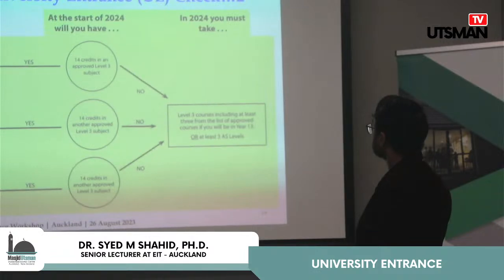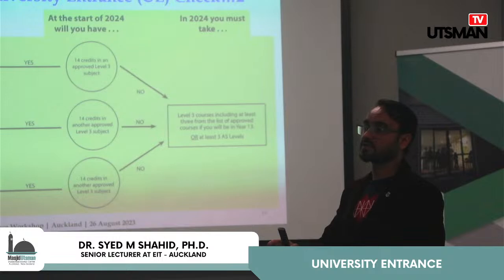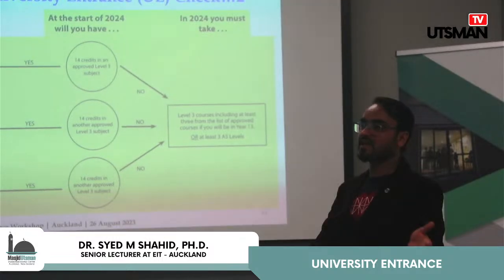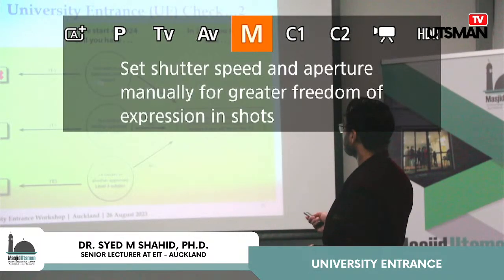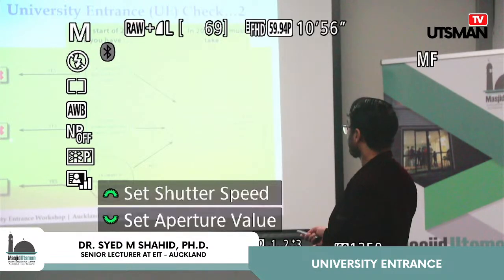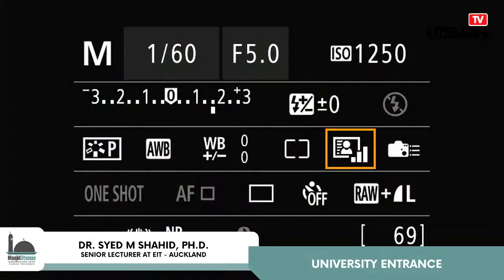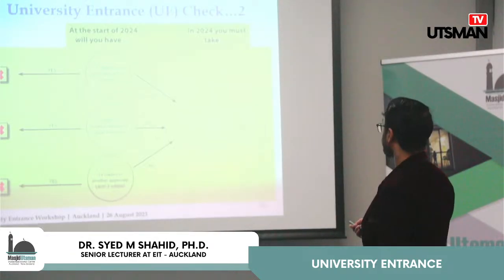Then you can also check, this is check 2 for 3 approved subjects. So one check is for literacy numeracy, second check is for 3 approved subjects, 14 credits each. Subject 1, yes. Subject 2, 14 credit, yes. Subject 3, level 3, 14 credit, yes. If no, then you have to include at least 3 of this list approved courses, you will be in year